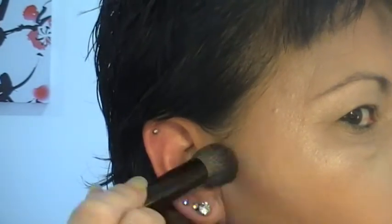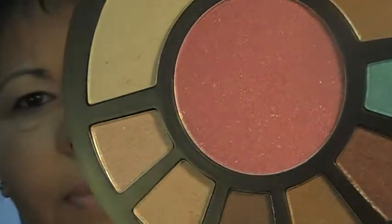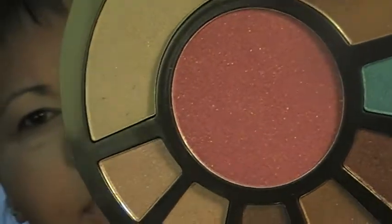And I'm just going in, this is a BH Cosmetics brush, and I'm just going to go in and do my contour under my cheek with that. So that's quite nice. I think it gives a nice defined line, so like that. The blush is Romance, so this is a beautiful pink blush. A beautiful blush with shimmer in it. So I'm just using this Coastal Scents blush brush, and it was clean until I used it,